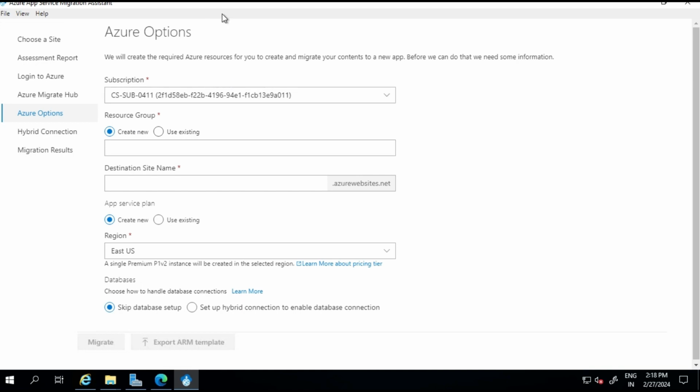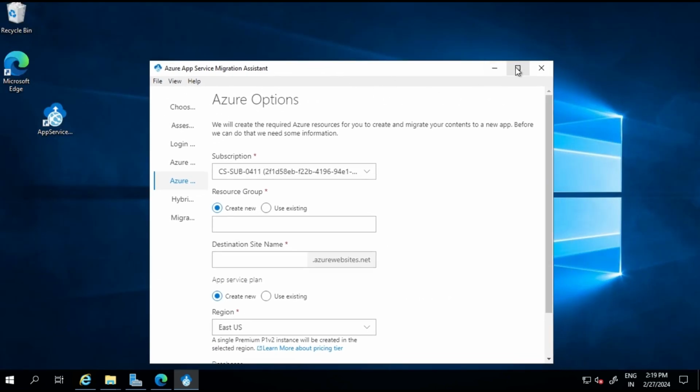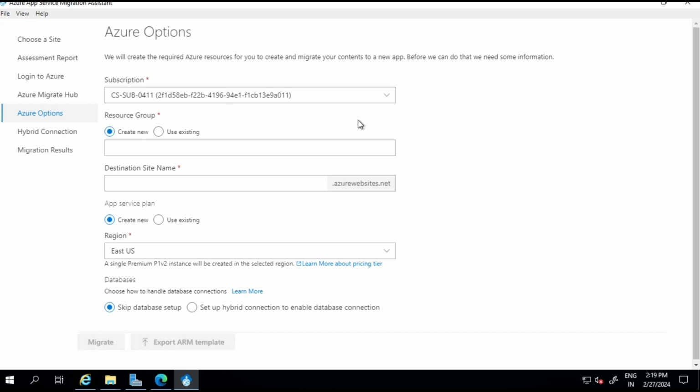Okay, this is on premises. I'm doing it from on premises, but it will reflect to the cloud also. We already have a resource group in our cloud, this hands-on lab name. And the web app server I want to give a name like